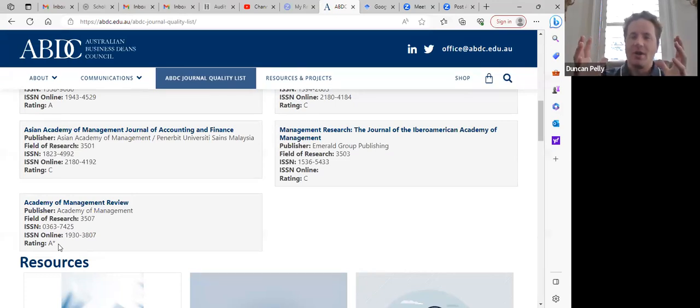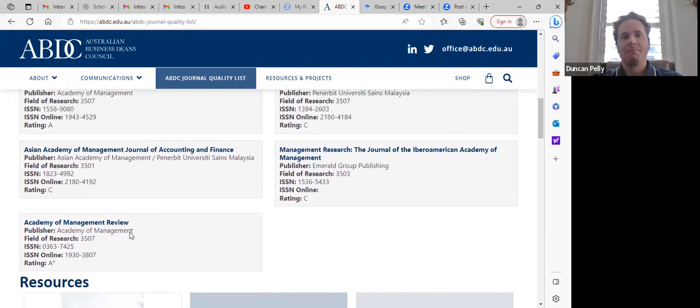These reviewers, other academicians, are looking at your article and telling you what needs to change about it in order for it to be considered acceptable for publishing. So again, it doesn't mean that it's perfect, but it at least means that you can't just put out total garbage. Somebody has to at least think it's worth publishing. And so that's what we mean by the best of the peer review. So Academy of Management Review is one of the best peer review journals out there.